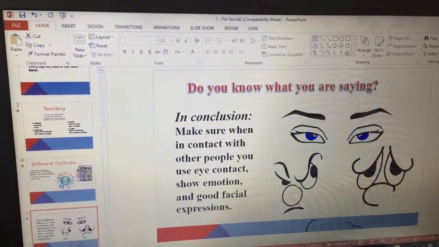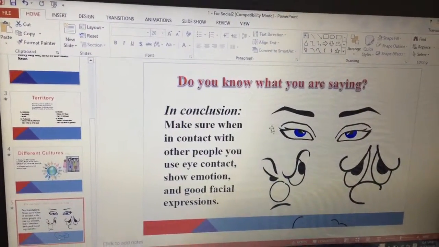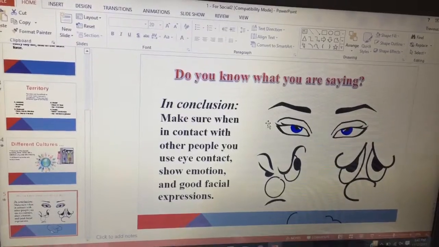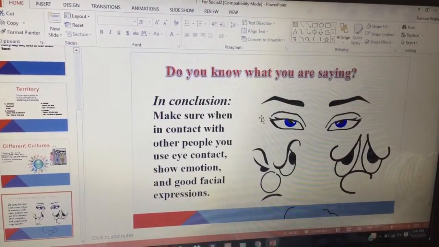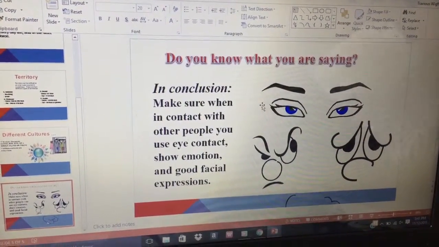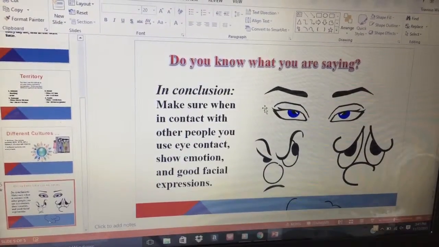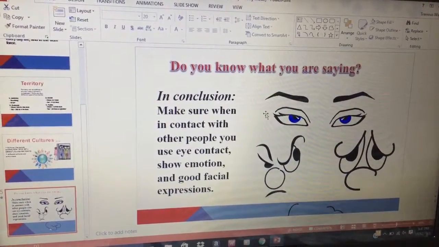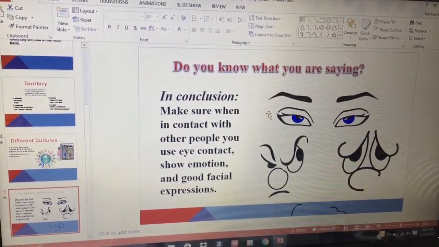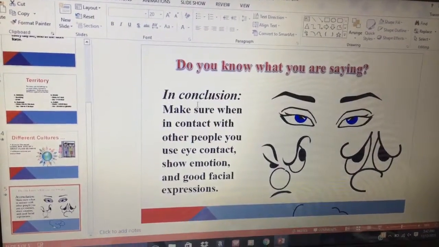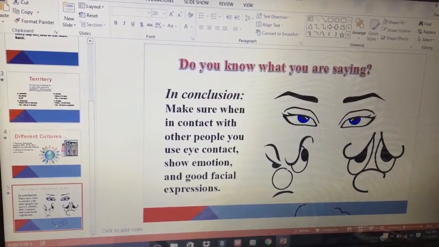Okay, in the last slide, you mostly have to have a conclusion to all your different types of PowerPoints, because if you have a concluding slide, you tell what you have learned in the PowerPoint and what to look forward to next in the next PowerPoint. So in conclusion, about